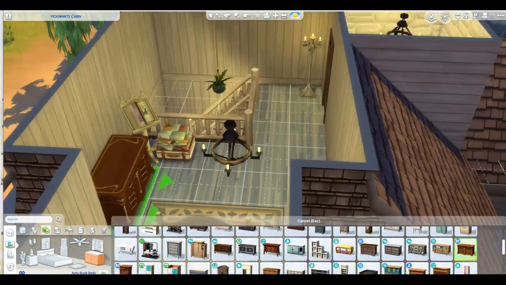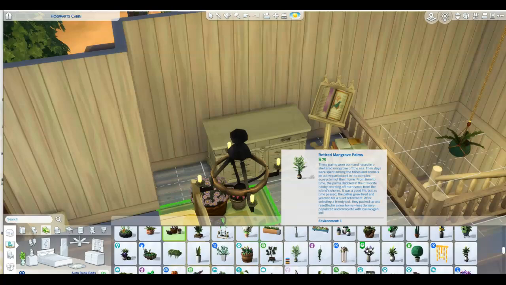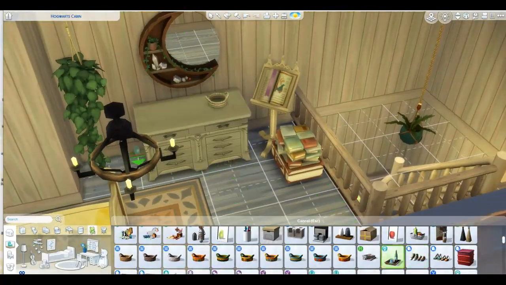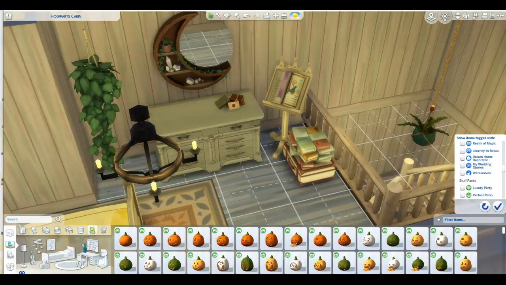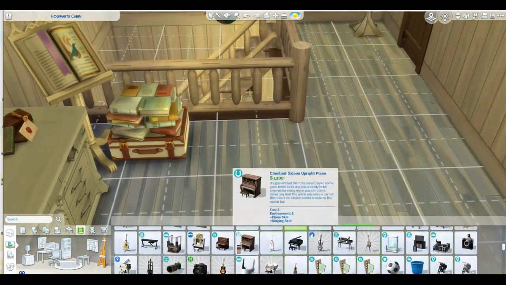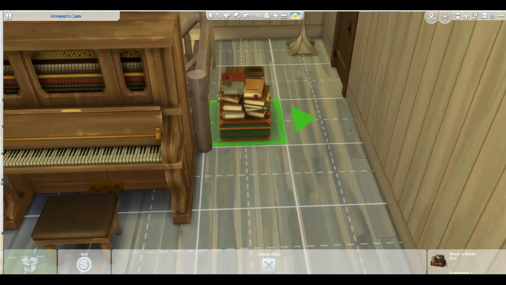Okay. It's technically cheating because I had to use the unlock everything cheat, but that does look nice with the expression we're going for, especially this mirror from Werewolves. Oh my gosh. I'm obsessed with this mirror. It's so cute. Especially the piano, like...